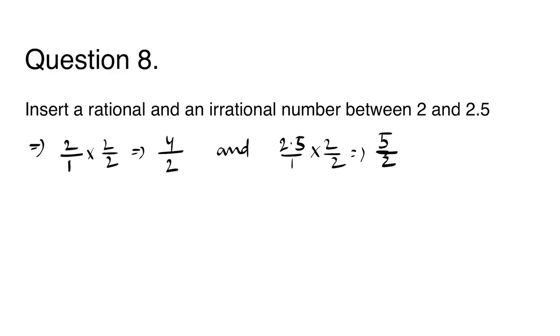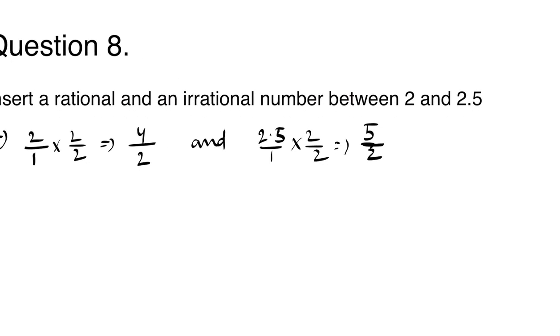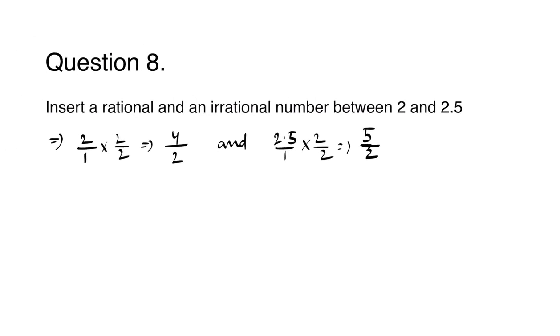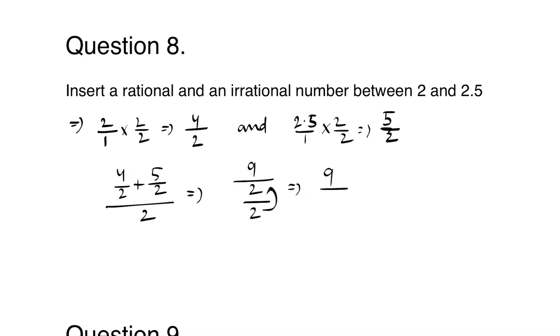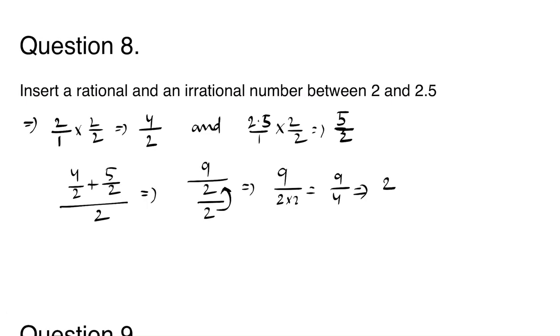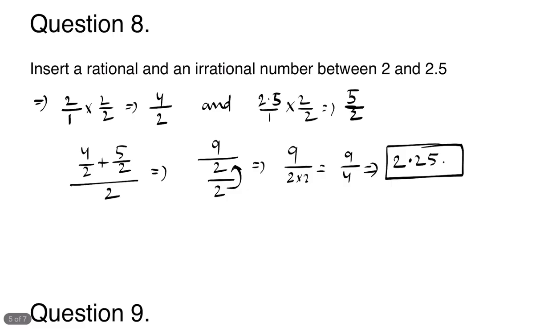Okay, now for this we will make a rational number by 4 upon 2 plus 5 upon 2, upon 2, which is equal to 4 plus 5, 9 upon 2 upon 2, which is equal to 9 upon 4, which is 2.25, which is a rational number between 2 and 2.5. Okay, now